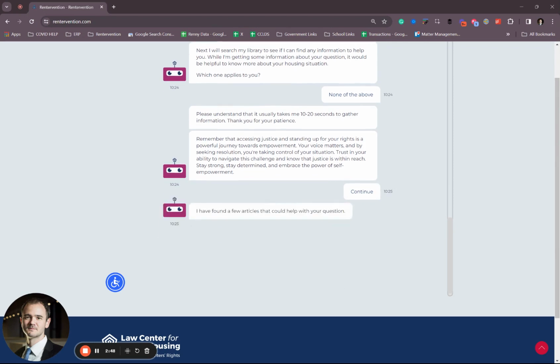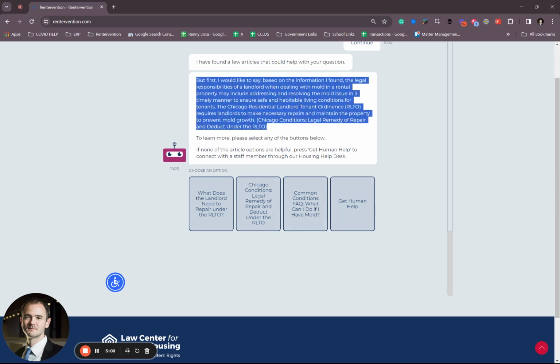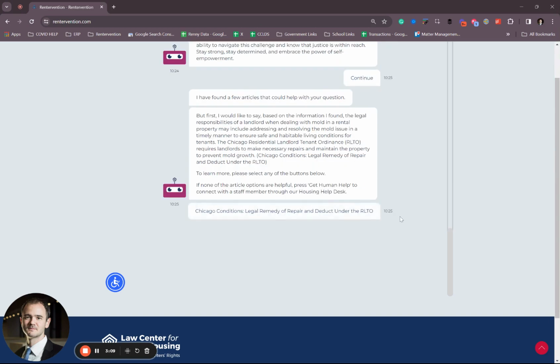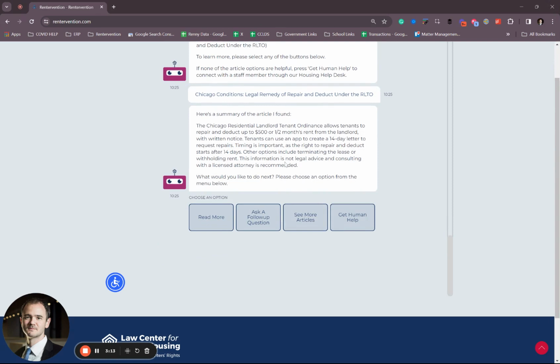And what the bot has now done is it's found some knowledge inside of our knowledge base that may speak to this issue. So it does generative AI to pull down this information and create this summary, and it may even recommend an article. So as we look at it, let's look at repair and deduct in the RLTO. Again, it's going to give another snippet. Some options might be here, and it starts talking about this 14-day letter. Okay, well, I can